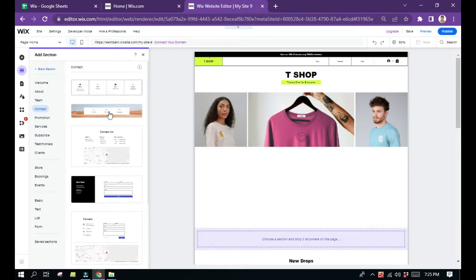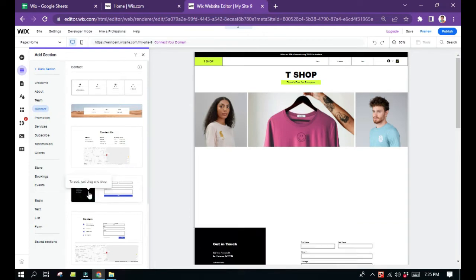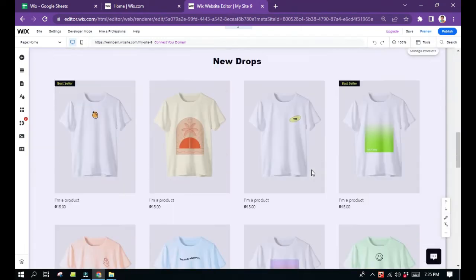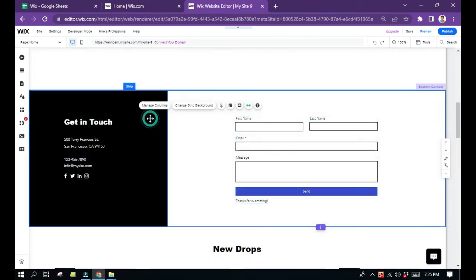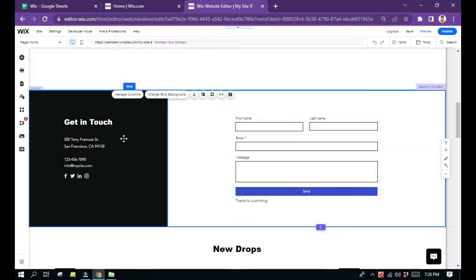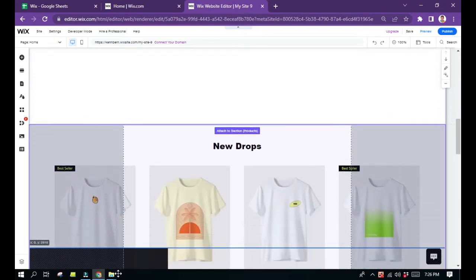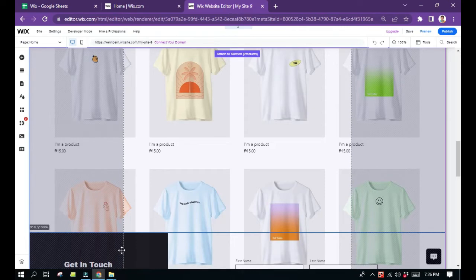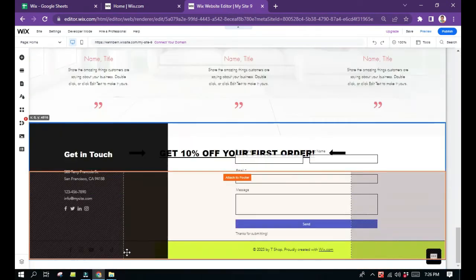What I commonly see on other websites is like this. So let's try to use this one. Okay, upon clicking that, it will be added to your website. And contact information is commonly seen on the footer part of the page. So let's do that. You can just click and press the left button of your mouse